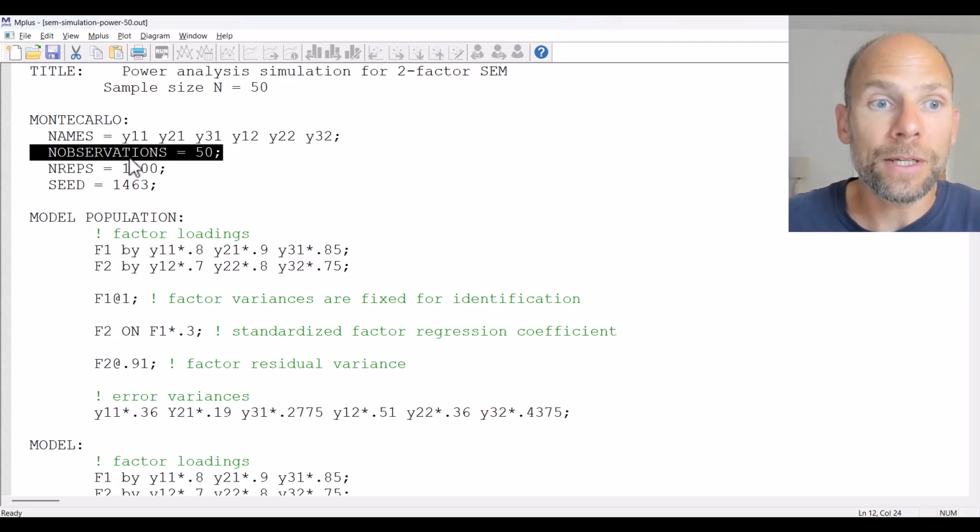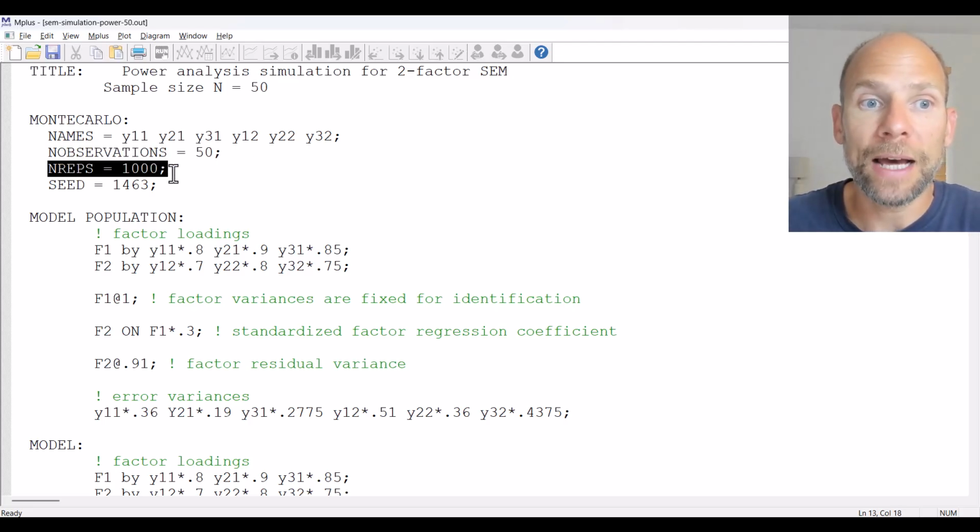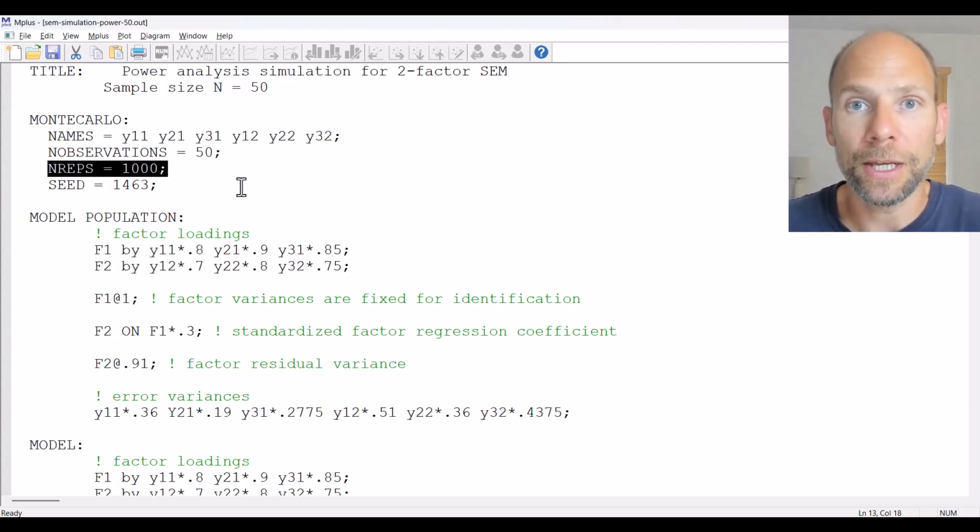Another thing that we need to specify in the Monte Carlo command is the number of replications that we want to use in our Monte Carlo simulation. You can think of these in the same way as bootstrap samples. This is like a parametric bootstrap, where we set up a population model and then draw samples from the model. In this case, we would draw 1,000 samples of size 50